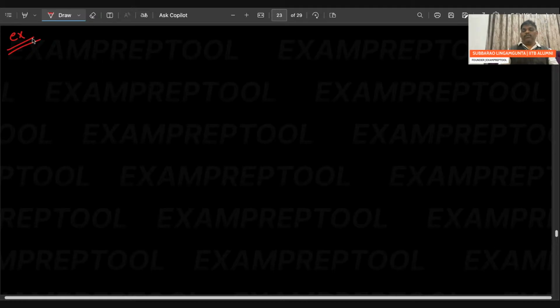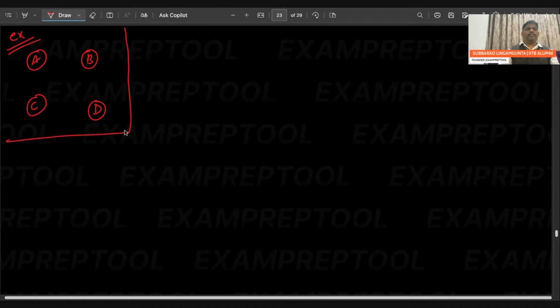Let me check that also. One more model is coming. Understand this. A, B, C, D. A, B, C, D. Right? Understand everyone? If you observe clearly this graph,